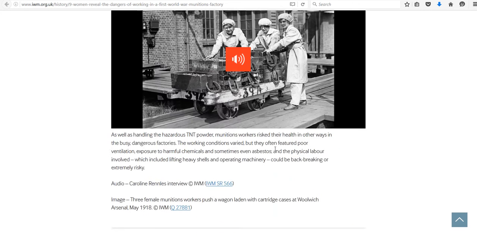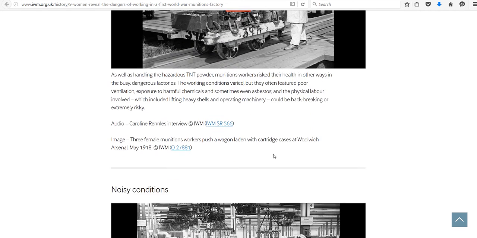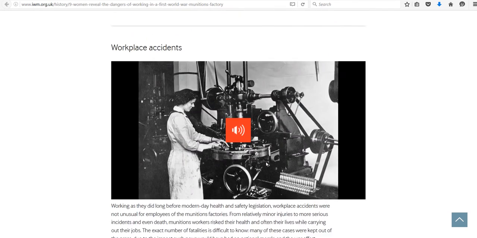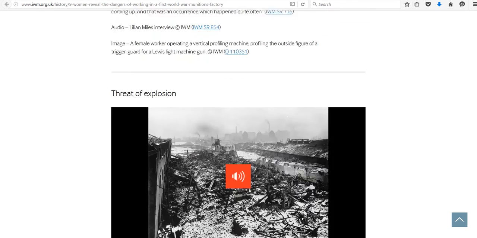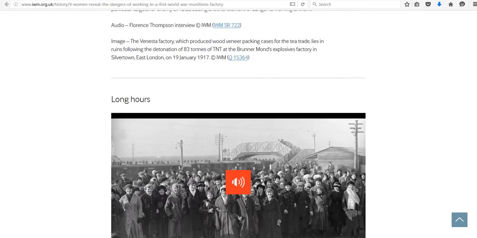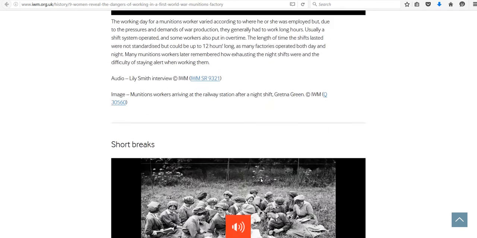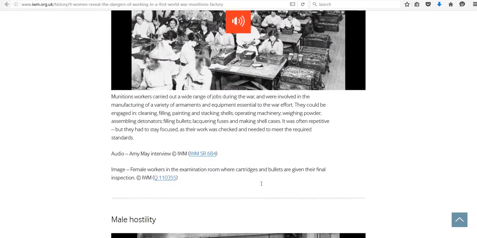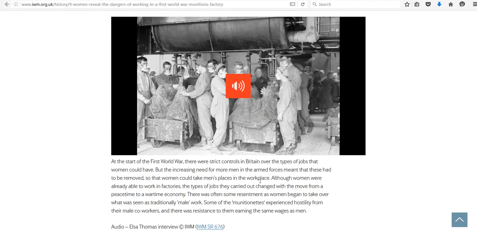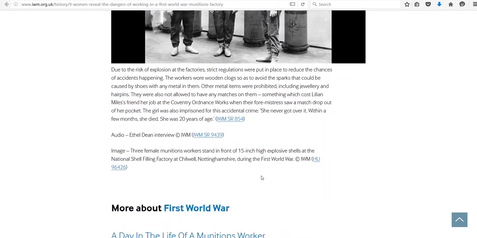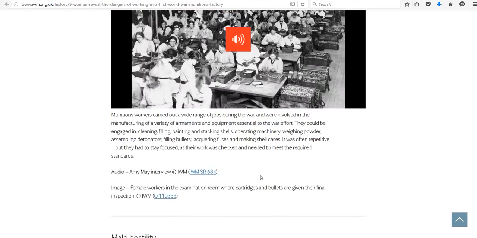It tells me about the health hazards that they faced, the noisy conditions, the accidents in the workplace, the dangers of explosions, the long hours that they worked, how they took short breaks, how the work was really repetitive, how there was male hostility, there were very strict rules, and then it also gives me at the very top,